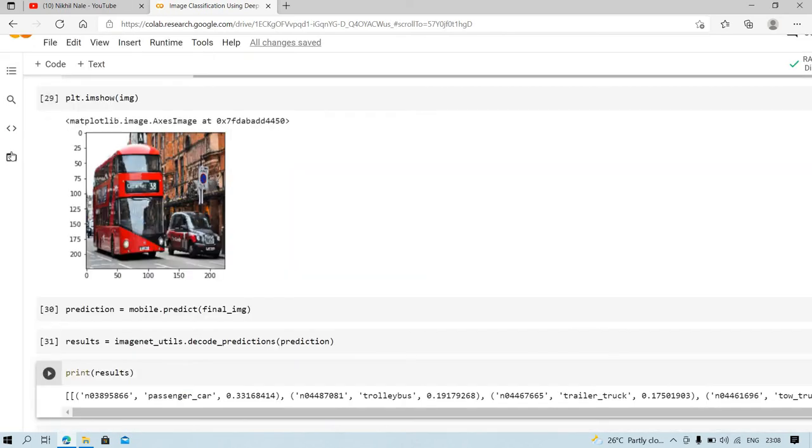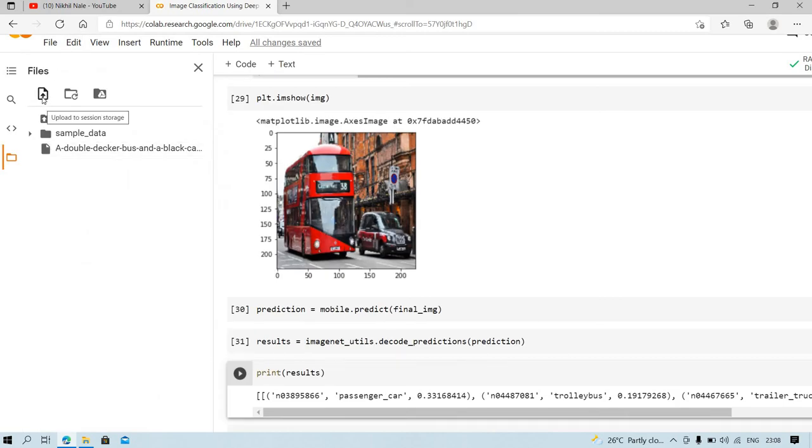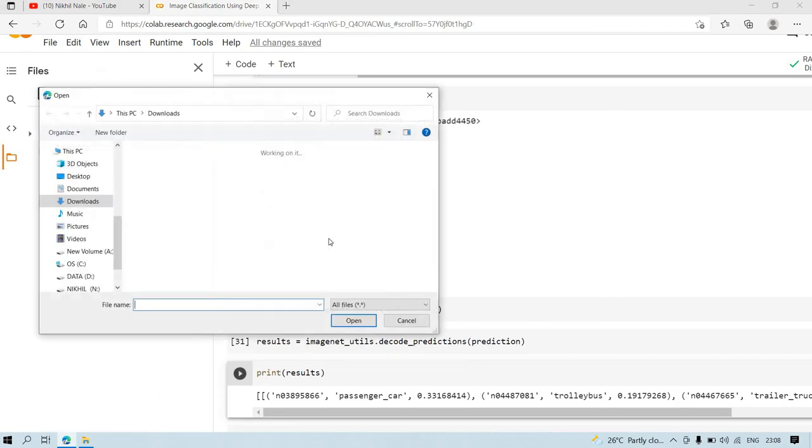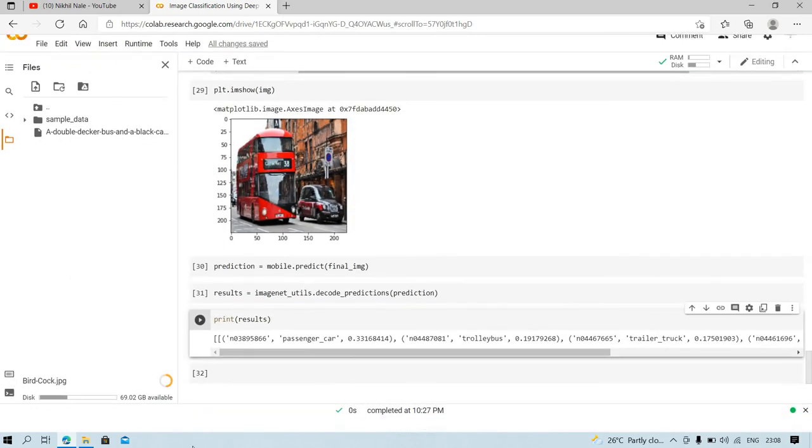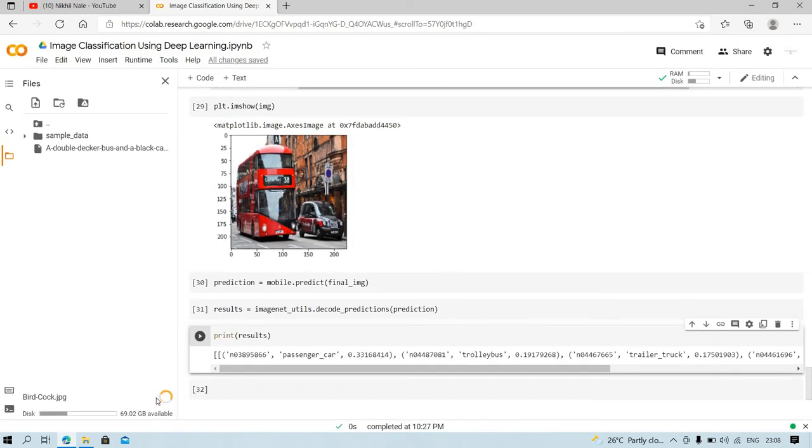So guys, now I will upload a new image. For the upload, you have to click here and upload. So this is our image that I am going to upload. It is uploading. So now the image is uploaded.